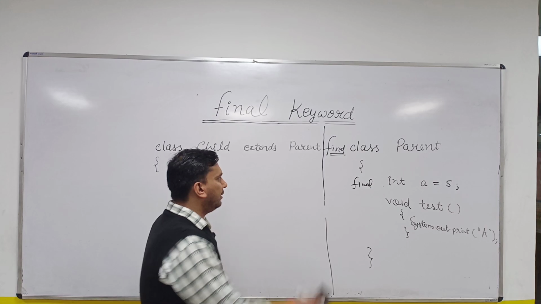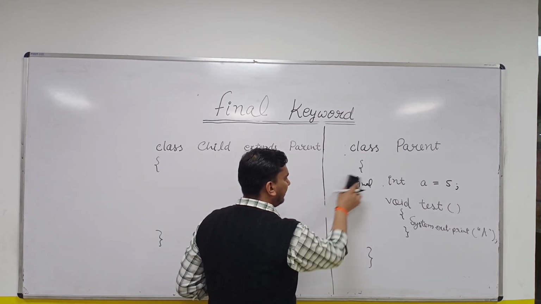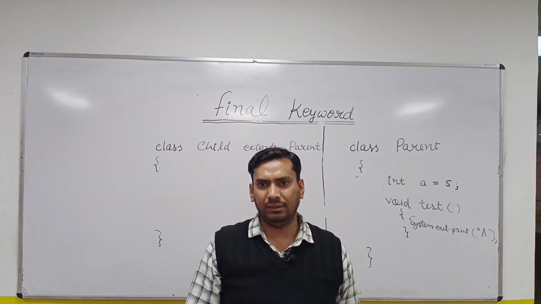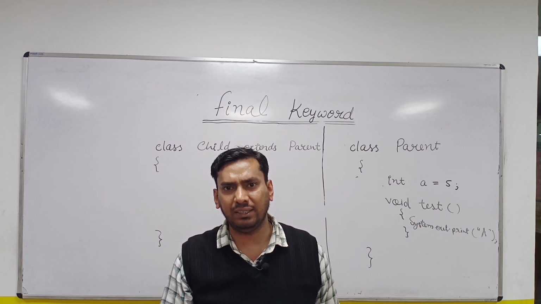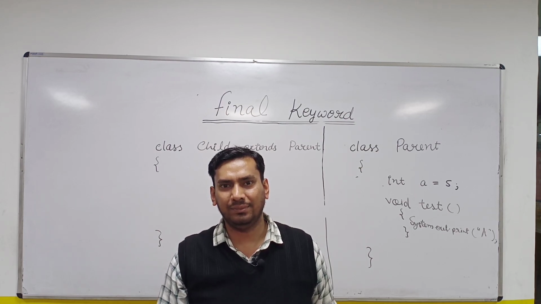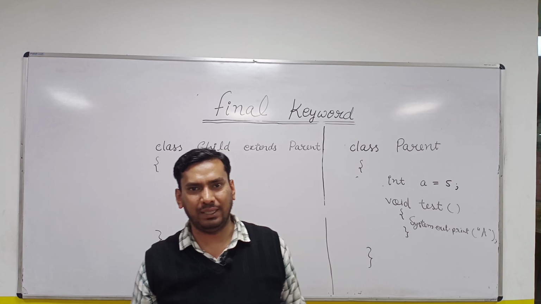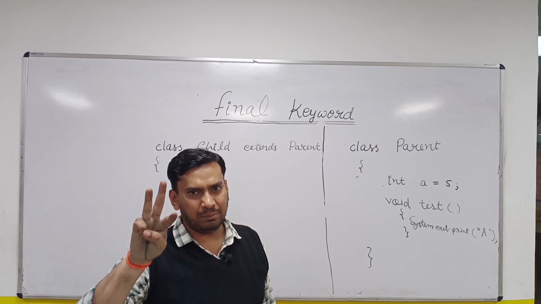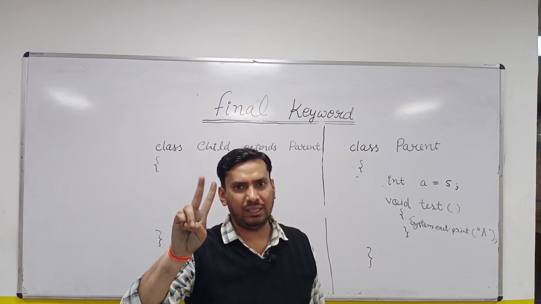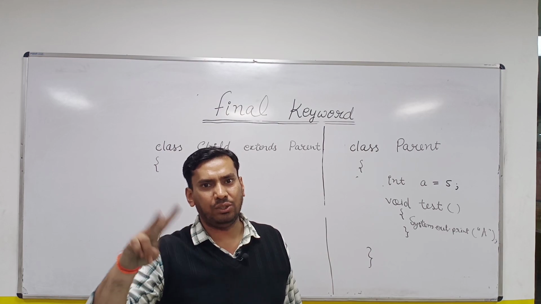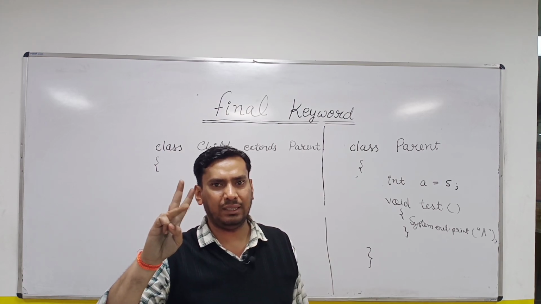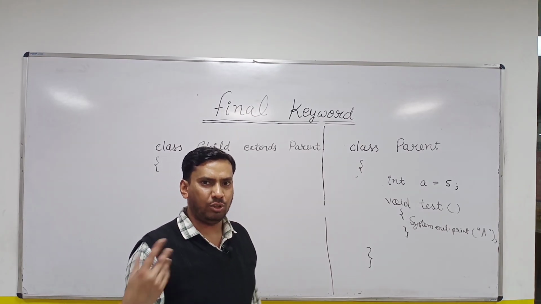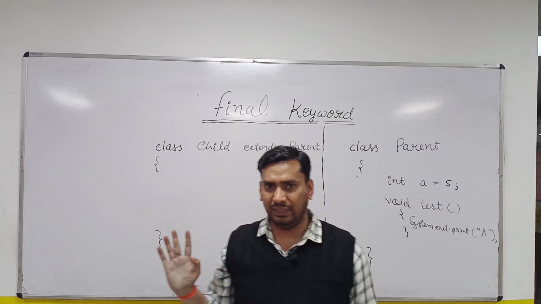Right? Now there are different scenarios which are generally asked in the placements. They can ask you, can you declare a constructor final? So obviously a constructor cannot be declared final. There are only three places where you can put a final keyword. A data member can be declared final to make it a constant, a method can be made final to make it non-overridable, and a class can be declared final so that it cannot be inherited. Any other situation is not possible. You cannot declare anything else as final, right?